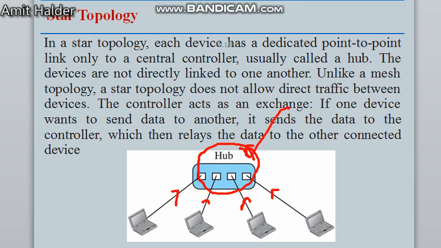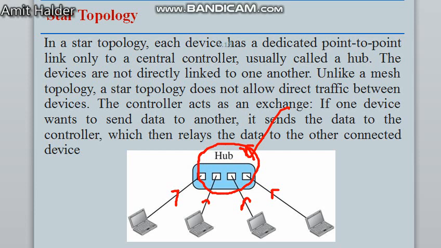There is a central hub, and all of the hosts are connected through the central hub, but they are not directly linked to each other. In a mesh topology, each and every node is linked to each other, but in a star topology, there is a controller that controls the entire network, and each of the hosts and nodes is connected to the